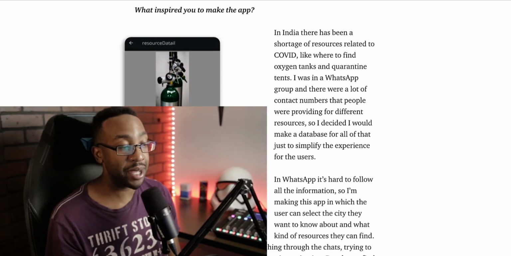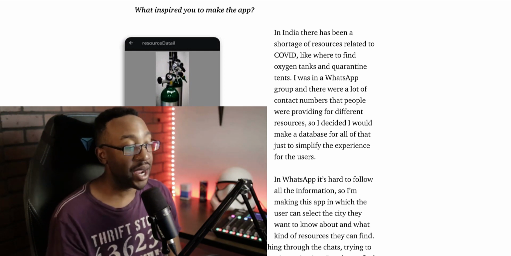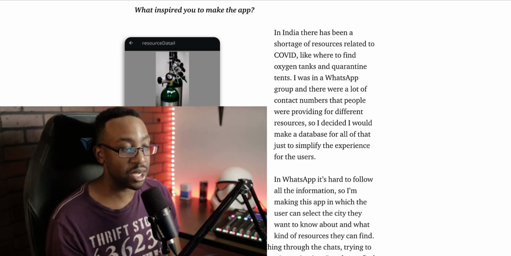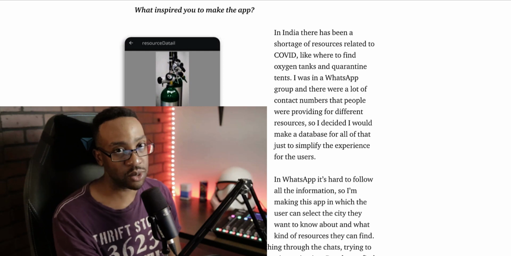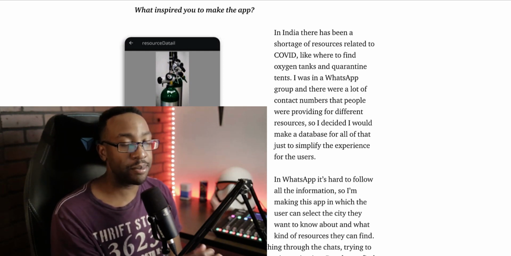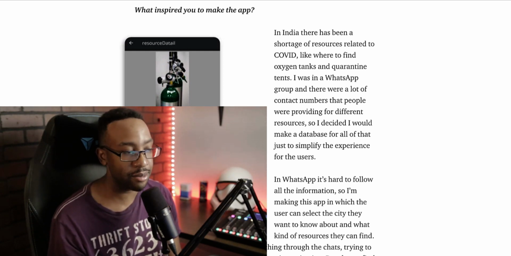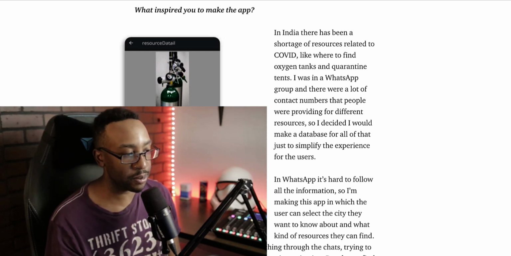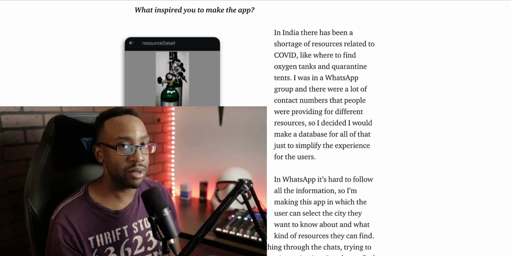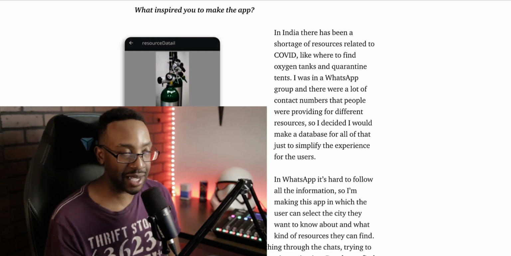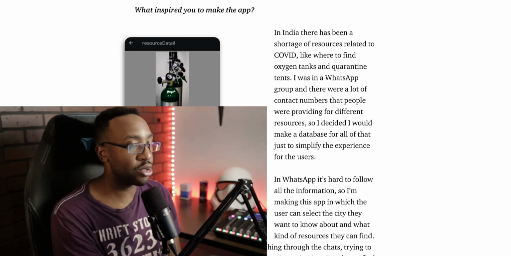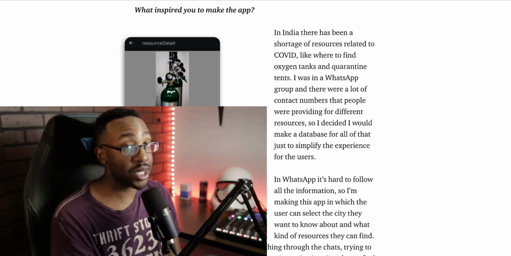In the article, the developer mentions how he was in a WhatsApp group and it was very difficult to understand how to get different resources. So there needed to be a simplified way, and that's why he created this app. I think this is a perfect example. If you see a need in an area where it's in a message board or you're in a Telegram group or a WhatsApp group and the communication or the resources are all over the place and you can make it synchronized and very concise and allow everyone to benefit, I think you could be using the same model in so many different other industries and use cases as well.